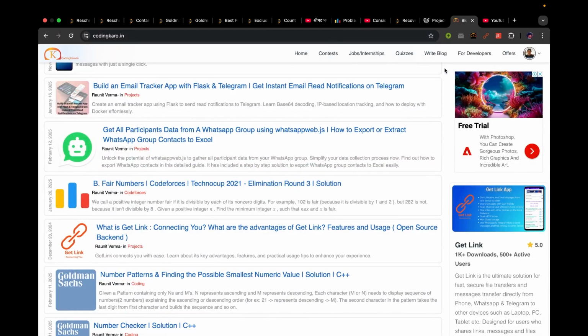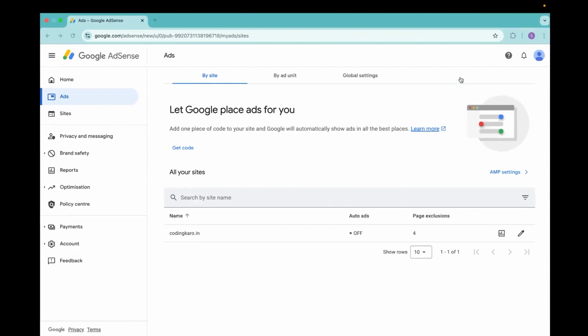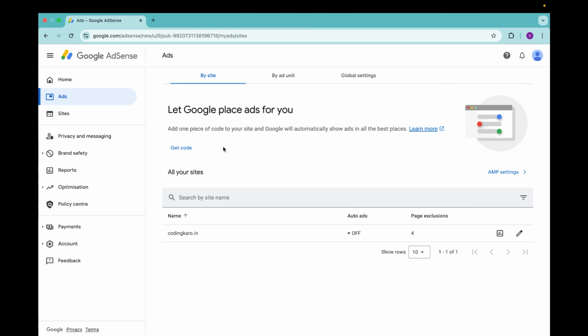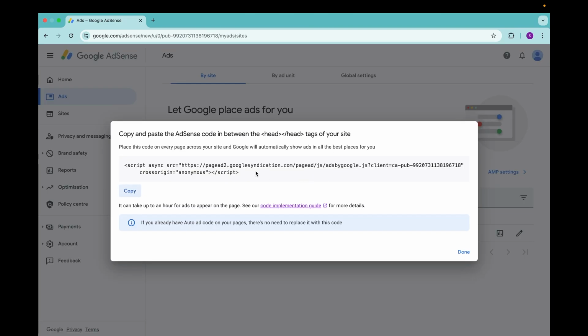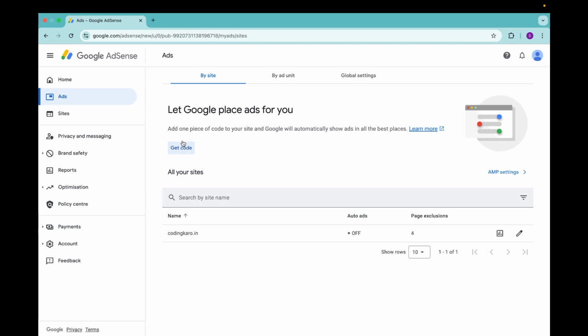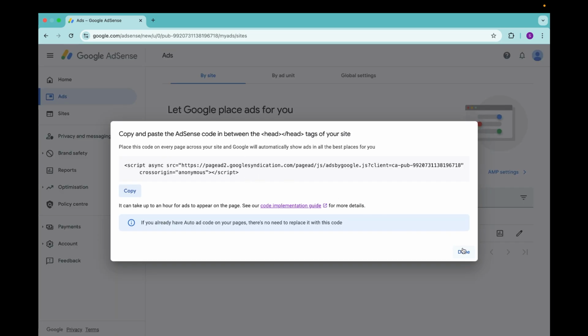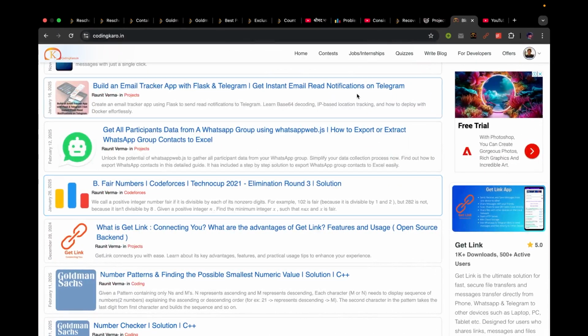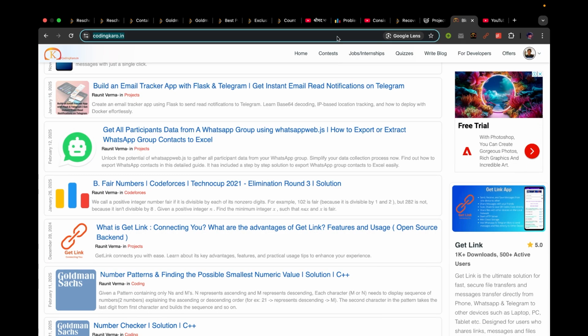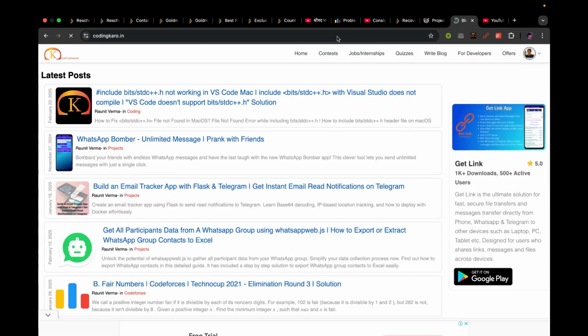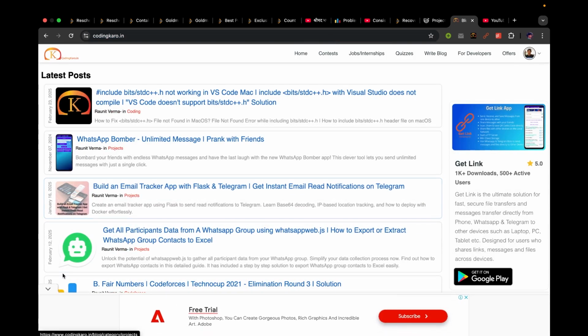turned it off manually from the code itself. And you can see this was my manual ad placement, but now I have changed the code to the previous one. You can see this is what they say to add in your JavaScript, or basically the header tags. So I removed this to turn off auto ads, but now I have again added it. So let me refresh this page, and now you can see that I am getting